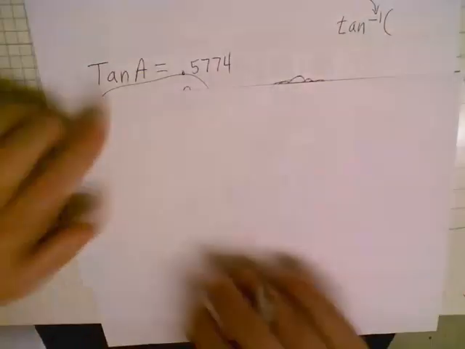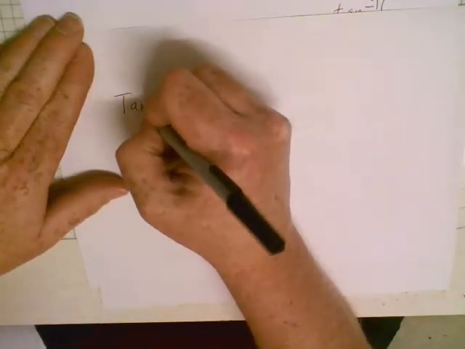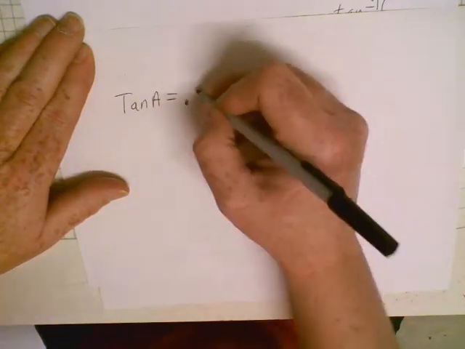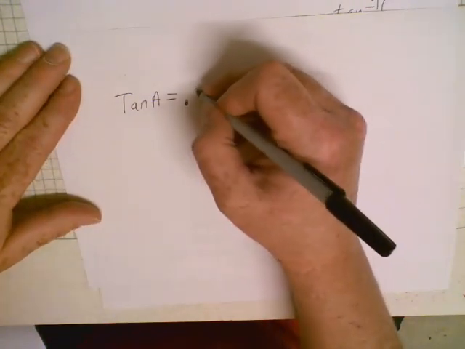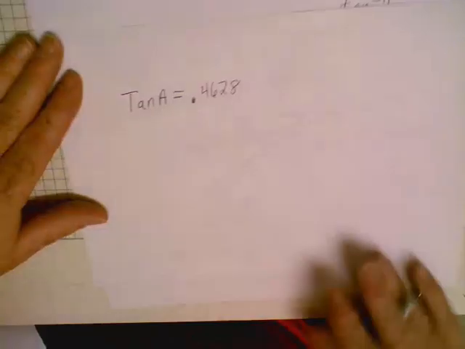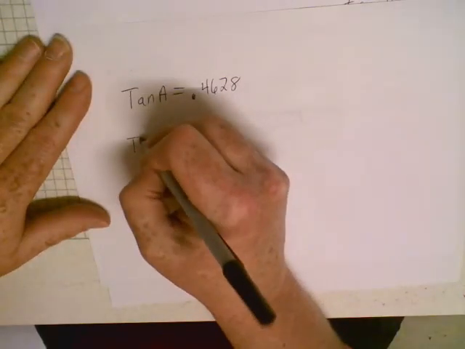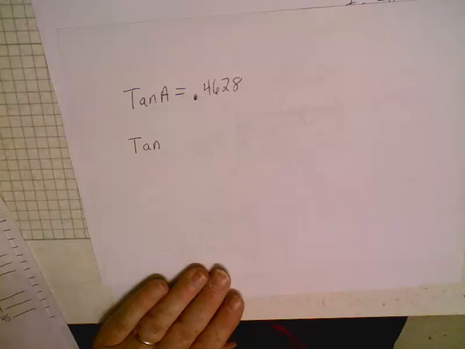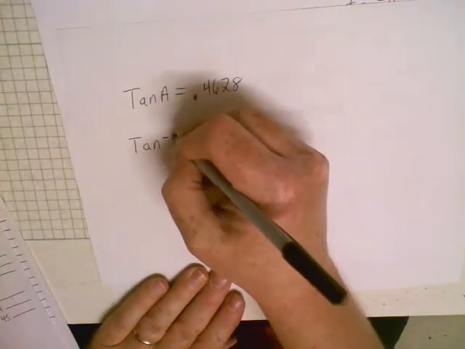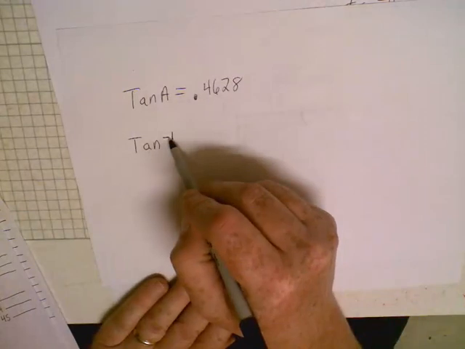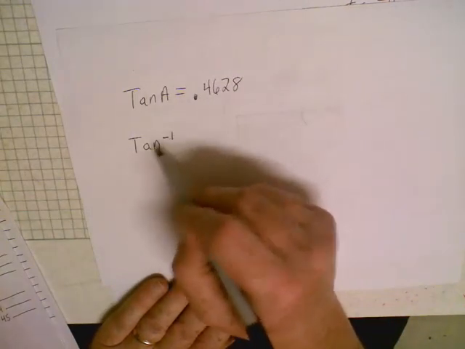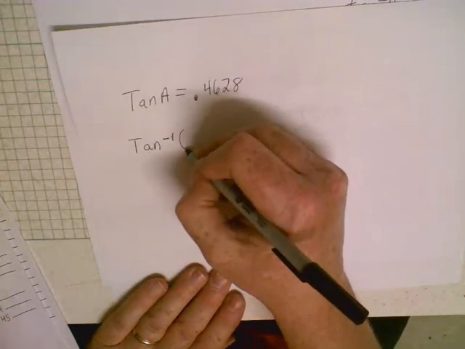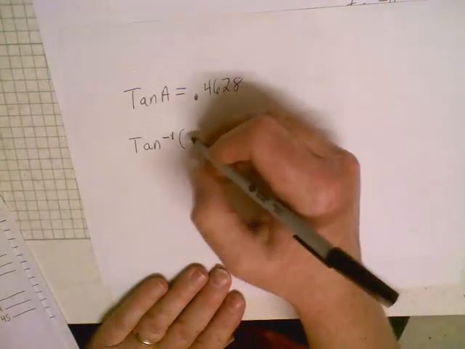The other ways that they could write these, so I did one like this. The first one there, tangent of angle A equals some number, whatever that number is, 0.4628. It could also be written this way, tangent and then it will have the -1. So tangent, the inverse of it's what it's telling you. So it's saying you're doing the inverse tangent there, and then it'll have the number here, maybe